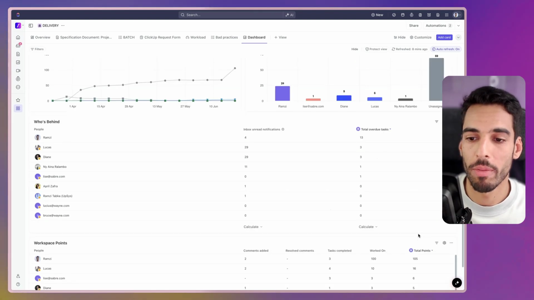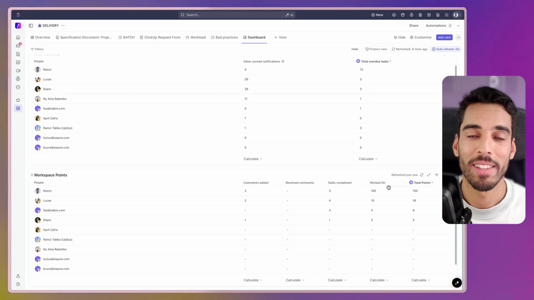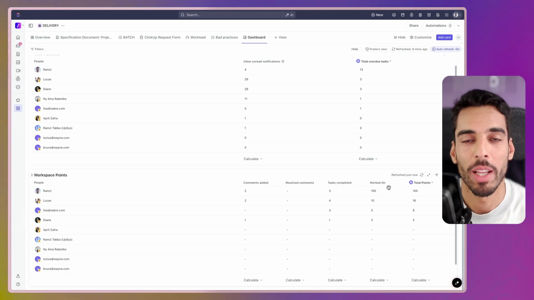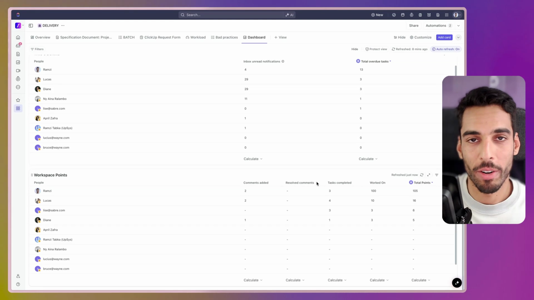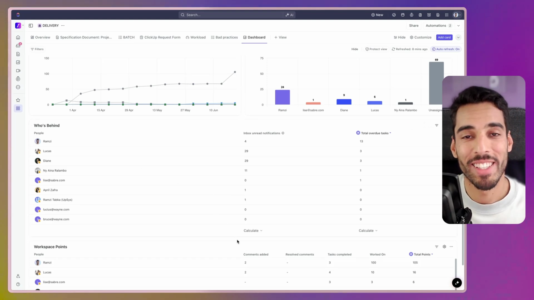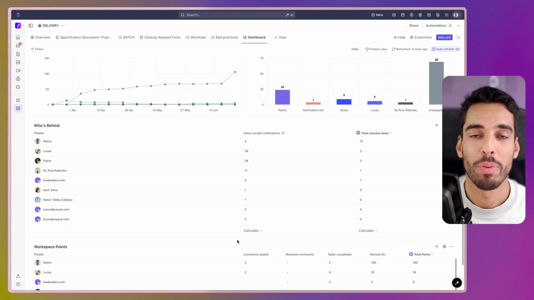If you don't see any points over a span of 30 to 90 days, it means the person hasn't even opened up a task and started it. It probably means they're not logged onto ClickUp, they're not using it, and this lets you know that and act accordingly. Now again, this is not an indicator of productivity, of performance, of team quality. This is just a software insight, but it's a great way to start improving your processes, improving your project management.